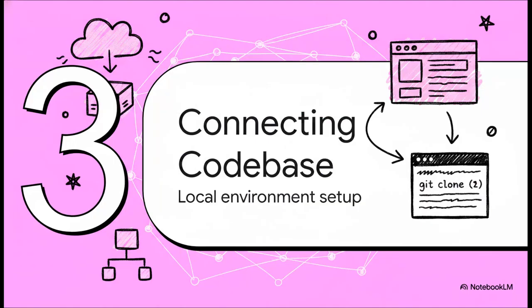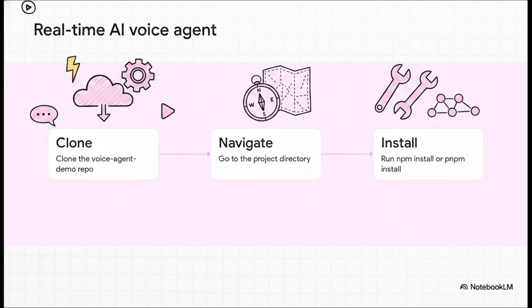Section 3, connecting the local code base, bringing the voice agent to your local environment. Let's move to and see how this builds. So here is your clear, direct blueprint for pulling the application down to your local machine. We're using an open-source React-based Next.js project. Step 1, clone the voice agent demo repository straight from GitHub. Step 2, navigate directly into that project directory on your terminal. And step 3, just run npm install or pnpm install if you prefer to pull down all the necessary